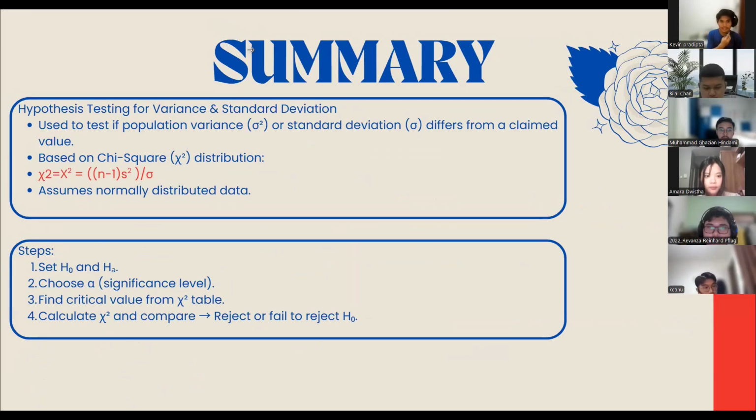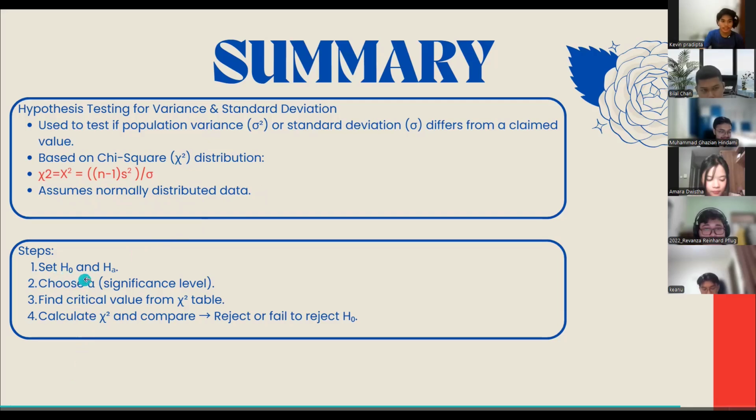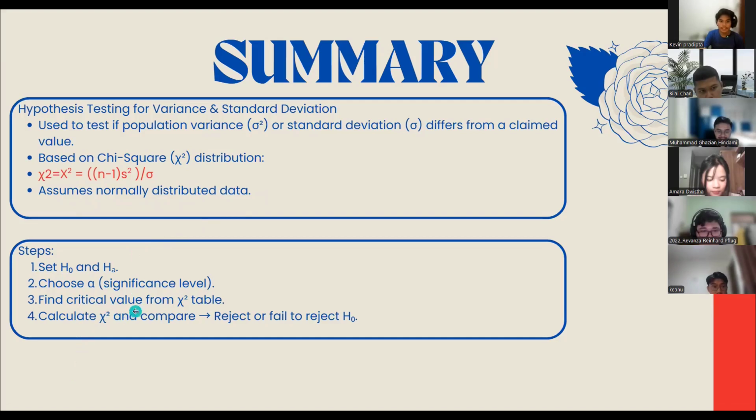Now here is the summary. Hypothesis testing for variance and standard deviation is used to test whether population variance or standard deviation differs from a claimed value, based on the chi-squared distribution. Chi-squared equals n minus 1 times s squared divided by sigma squared. Assume normally distributed data. The steps are: set H0 and HA, choose the alpha significance level, find the critical value from the chi-squared table, calculate chi-squared, and compare to reject or fail to reject